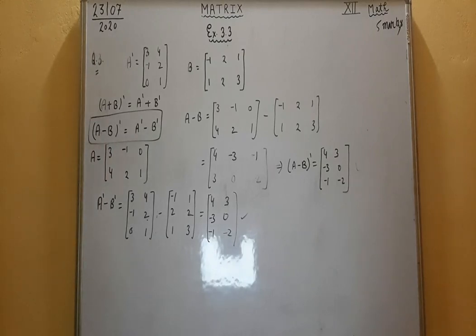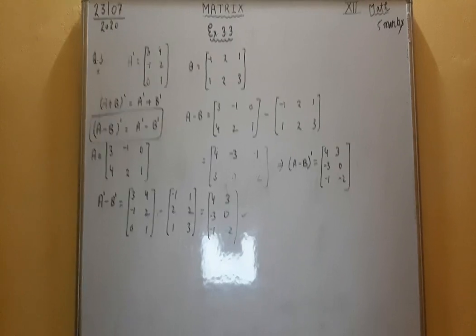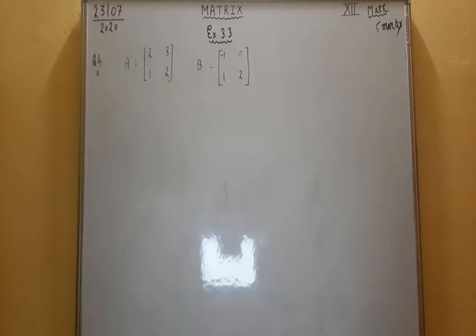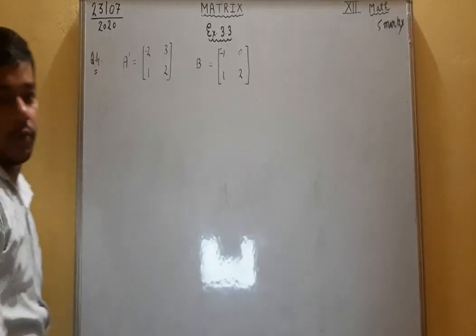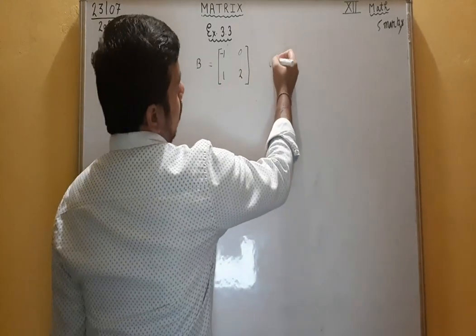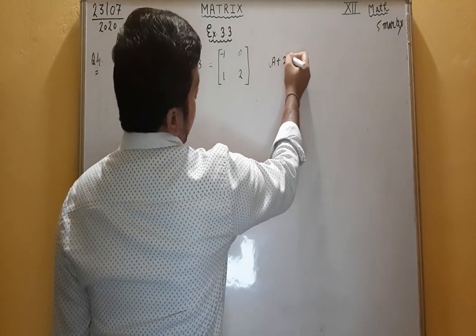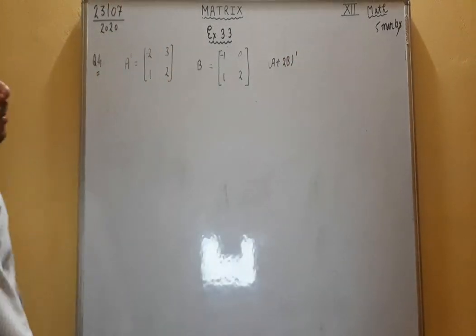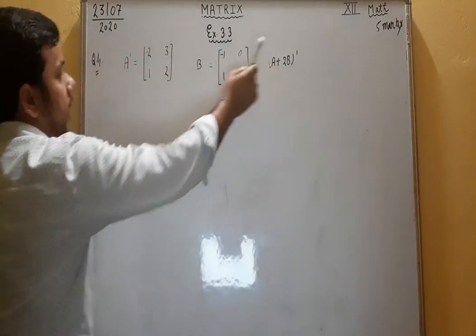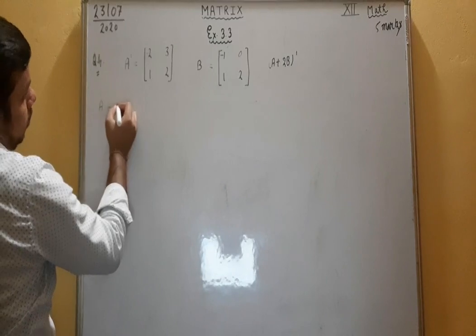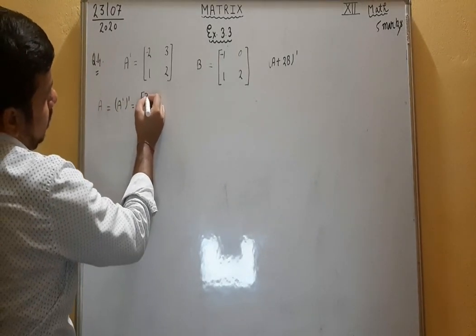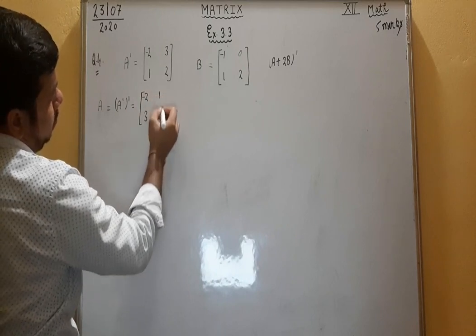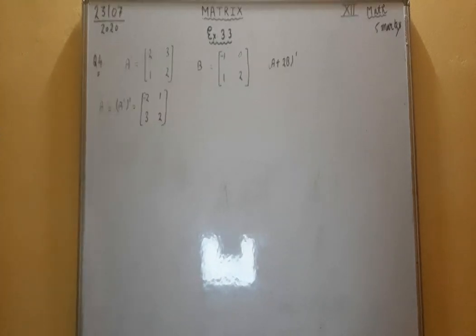Right? Now see the next problem, problem number 4. In problem number 4, you are given two matrices such that A dash is equal to [minus 2, 3; 1, 2] and B is equal to [minus 1, 1; 0, 2]. We have to find the value of (A plus 2B) dash. So, for finding this value, we have to find A first. A is what? A dash dash: [minus 2, 3; 1, 2]. This is the value of A.